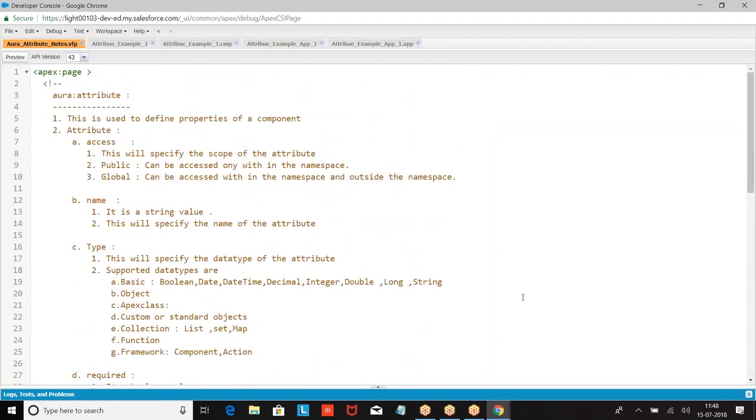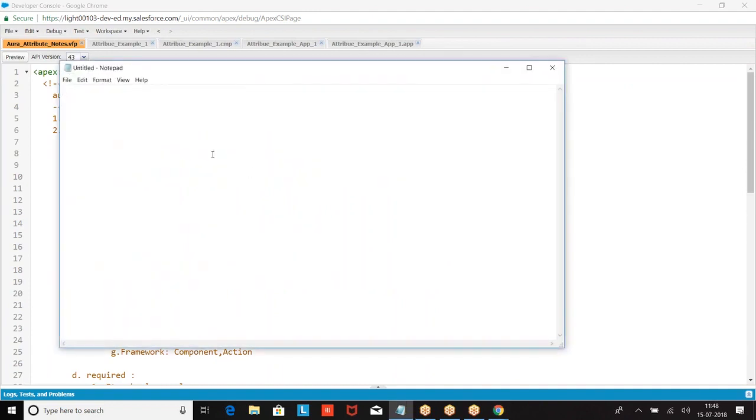Right. So let us do an example. Create a component student with the name, age, college name, fee. Create a component with name, age, college name, fee, and display this data. So let us implement this.